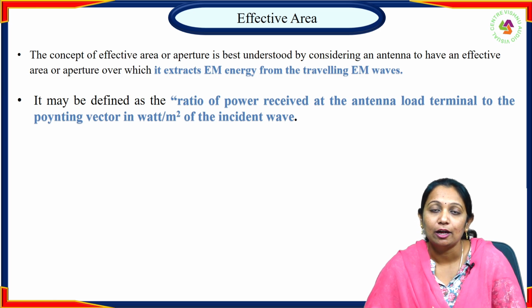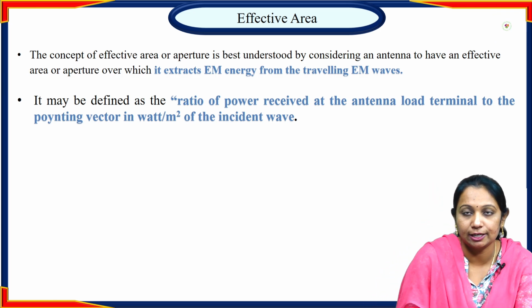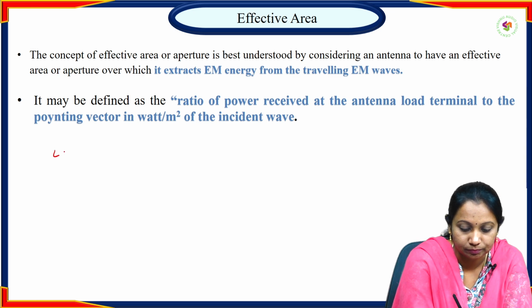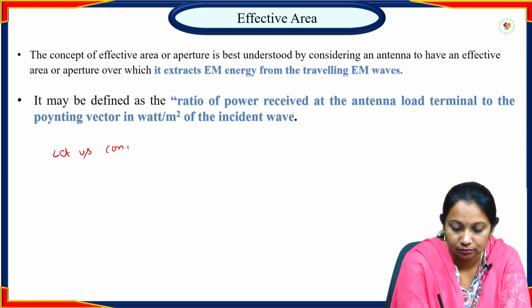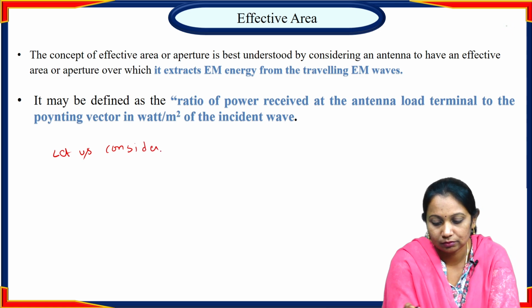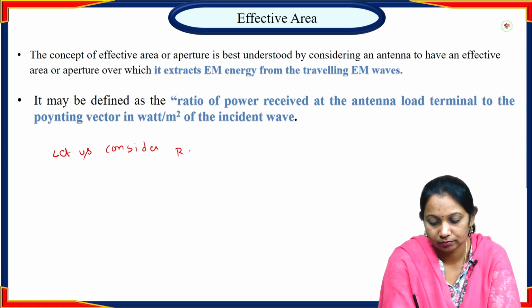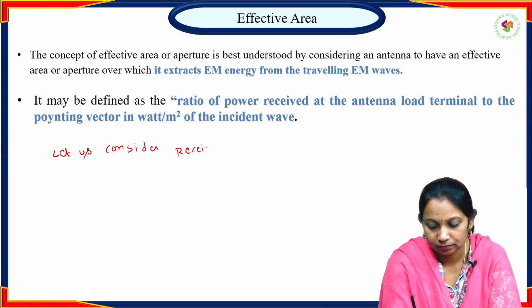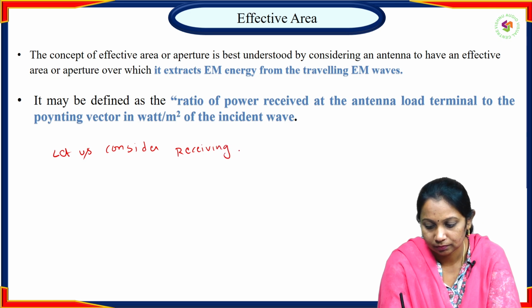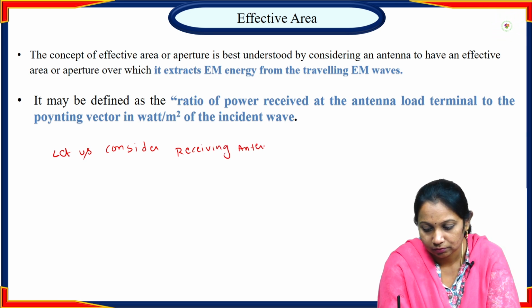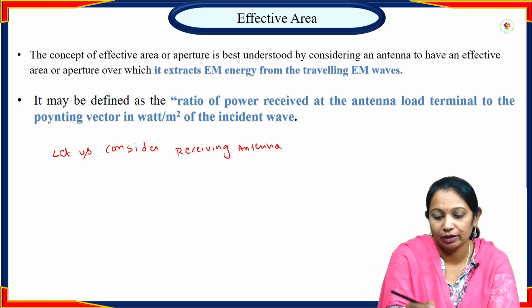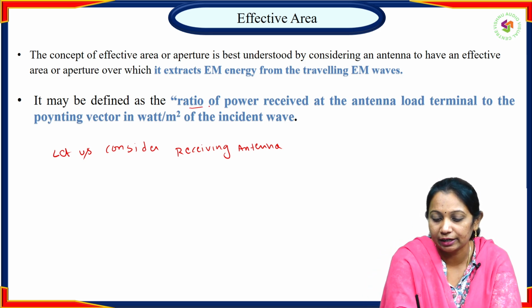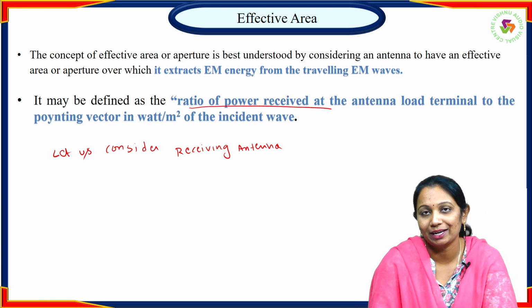To get the expression for the effective area, let us consider a receiving antenna. It may be defined as the ratio of the power received at